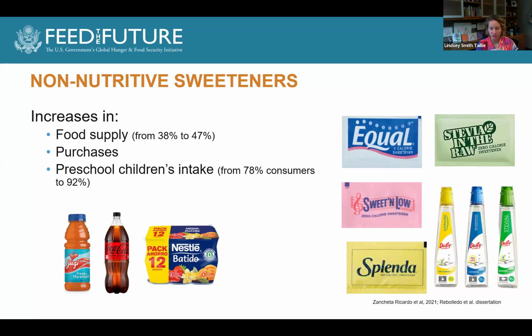Now, since the Chilean policy was the first, we're seeing more and more countries, when they introduce these types of policies, including a warning label on non-sugar sweeteners as well. For example, Colombia is the most recent country to implement this type of warning label system. They have a warning label for sugar, a stop sign that says high in sugar, and then they also have a warning label for non-sugar sweeteners that says contains non-sugar sweeteners, so that there isn't this kind of trade-off. It doesn't provide the same incentive for the food industry to reformulate sugar by substituting non-sugar sweetener.